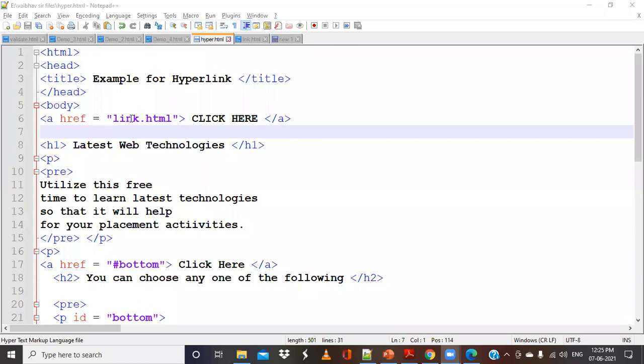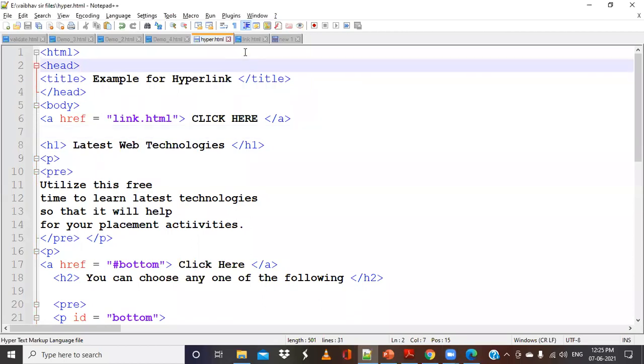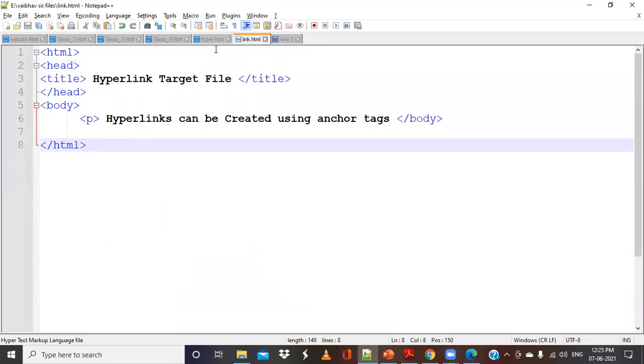What I want is for this text, click here, to appear on my web page. This will act like a hyperlink. The moment I click on this particular word, I need to go to another page. So I have created another page called link.html.